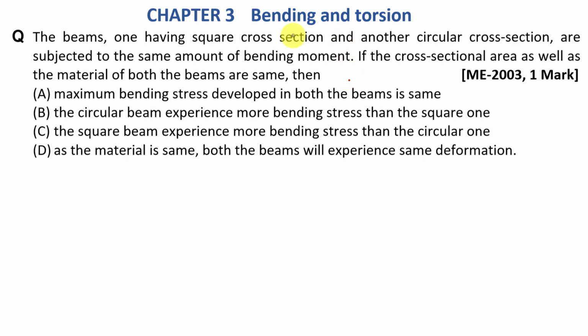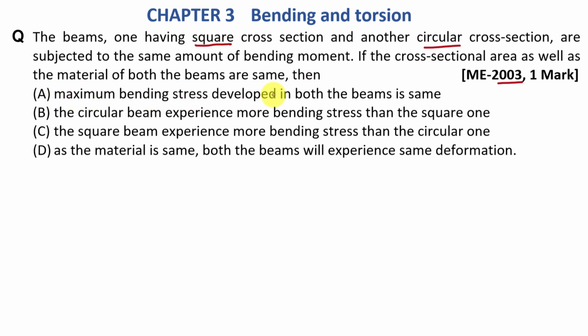Now in this video, we are going to start solving questions from chapter 3, Bending and Torsion. First question is from year 2003. The beams, one having square cross section and another circular cross section, are subjected to the same amount of bending moment. If the cross sectional area as well as the material of both the beams are same, then option A,